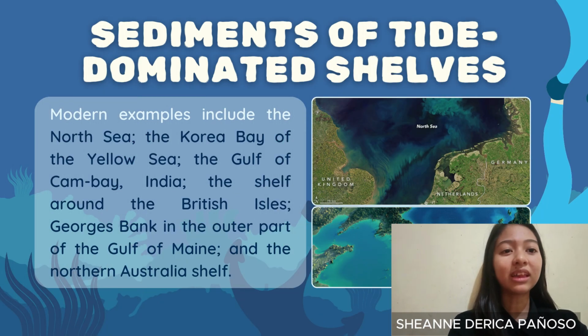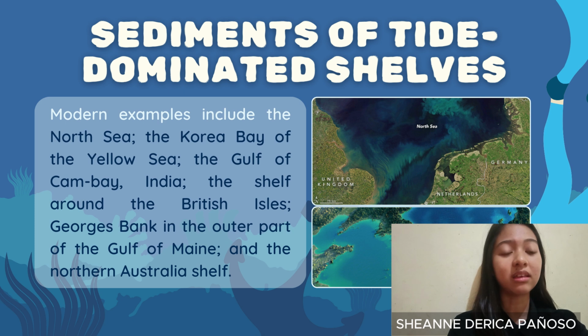So let's learn about tide-dominated shelves. Tide-dominated shelves are regions where tidal currents are the dominant force shaping the seafloor, with velocity ranging from 50 to over 150 cm per second. So ang ibig sabihin nito, sa mga lugar na ito, malakas ang alon ng tubig dagat. Ito ang nagdudulot ng pagbabago sa ilalim ng dagat. Ang bilis ng alon mula 50 hanggang 150 cm per second, sobrang lakas kaya naapektuhan nito ang pagkaayos ng buhangin